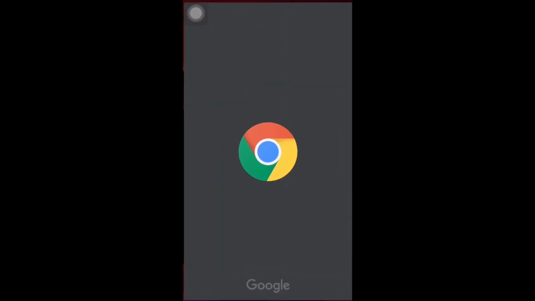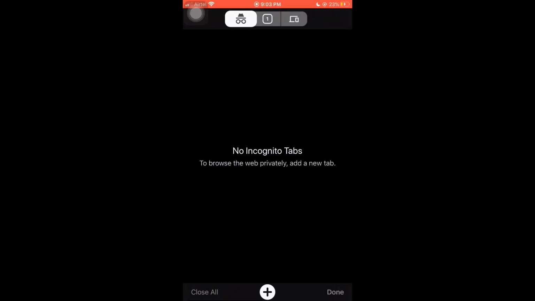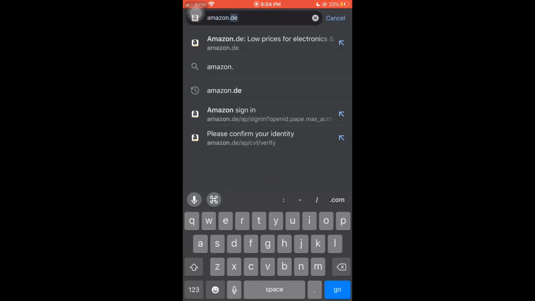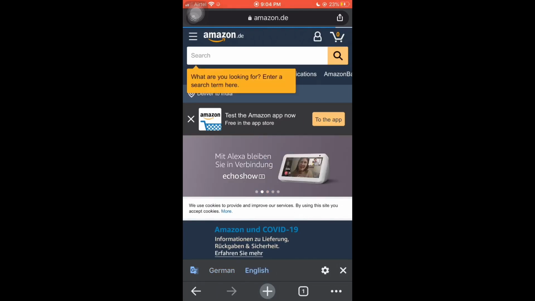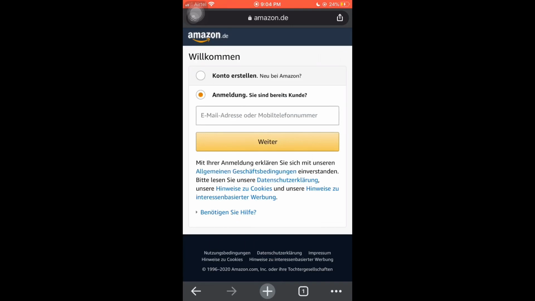So here I'm using Google Chrome on my iOS device because Safari does not support Google Translate. On this I'll go to amazon.de, which is the German version of Amazon. Here you have to wait for Google Translate to convert your page into English, and as soon as it converts, go to the top left corner and click on the Hi, Register option, and under this you can see the